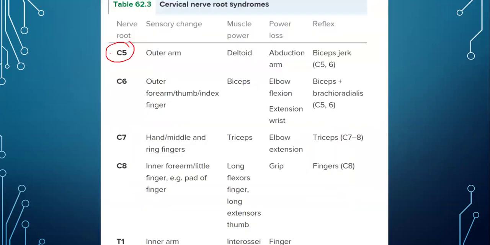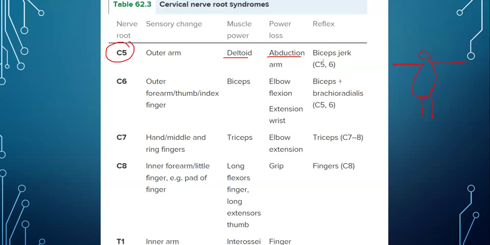So if a patient has got C5 nerve impingement, their main pain will be on the deltoid area, right? And this deltoid muscle mainly helps with abduction of the arm. So patient will have difficulty with abduction. So if this is the patient, abduction is moving the arm on their side,